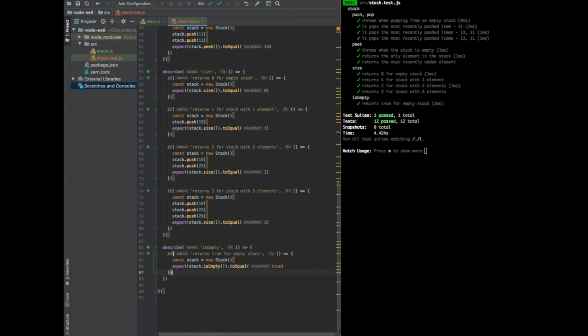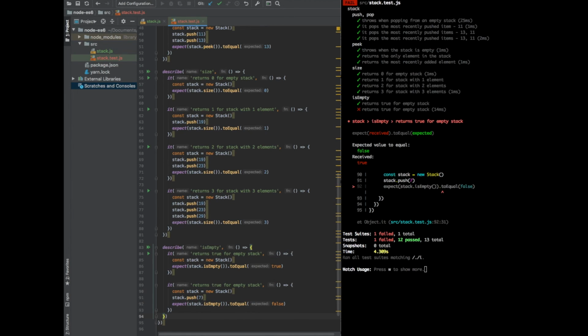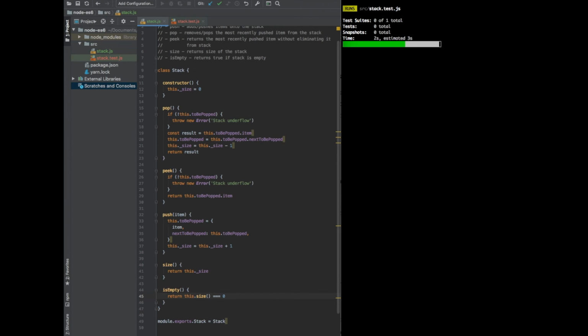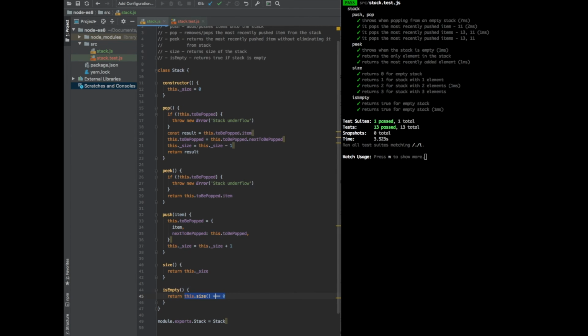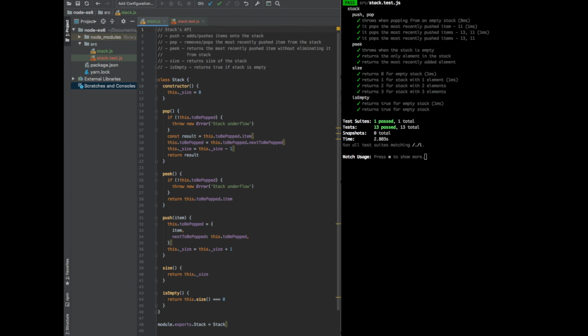Okay, it works, but does it work if we push an element to it? This should be false. And it's still failing. Okay, so as you can see, we could make both tests work just by returning this size equals to 0. This is basically the condition for isEmpty. So here we go. We have finally implemented the full stack API with 5 methods: push, pop, peek, size,